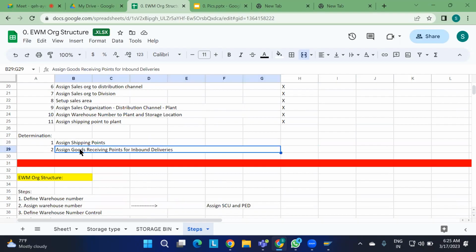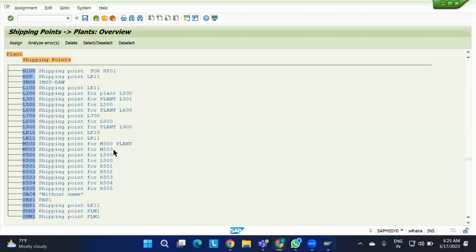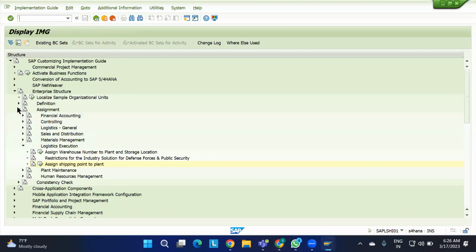Second thing is assign goods shipping point, which means whenever the goods are coming, they should come to this particular storage location only, or at this particular point only. Like that, we are defining it here. Those things we're going to check. Where will we check that? We will go to the